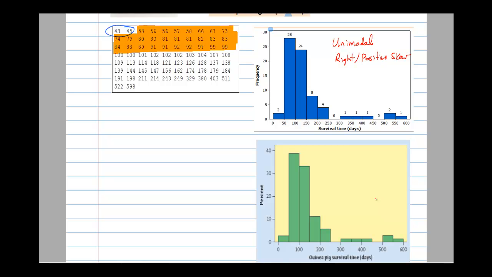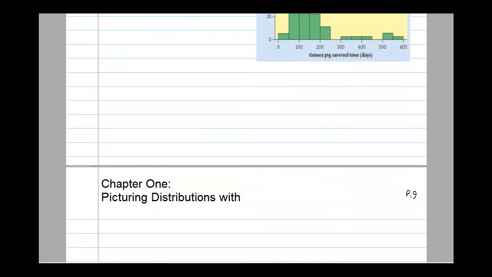Well, now that we know how to build histograms, let's go ahead and move on to interpreting histograms. We've already talked about interpreting histograms just a little bit in our last graph that we looked at, but there's basically some information that we talk about for every type of histogram. The first thing we do is look for the overall pattern and for striking deviations from that pattern. So look for the overall pattern,